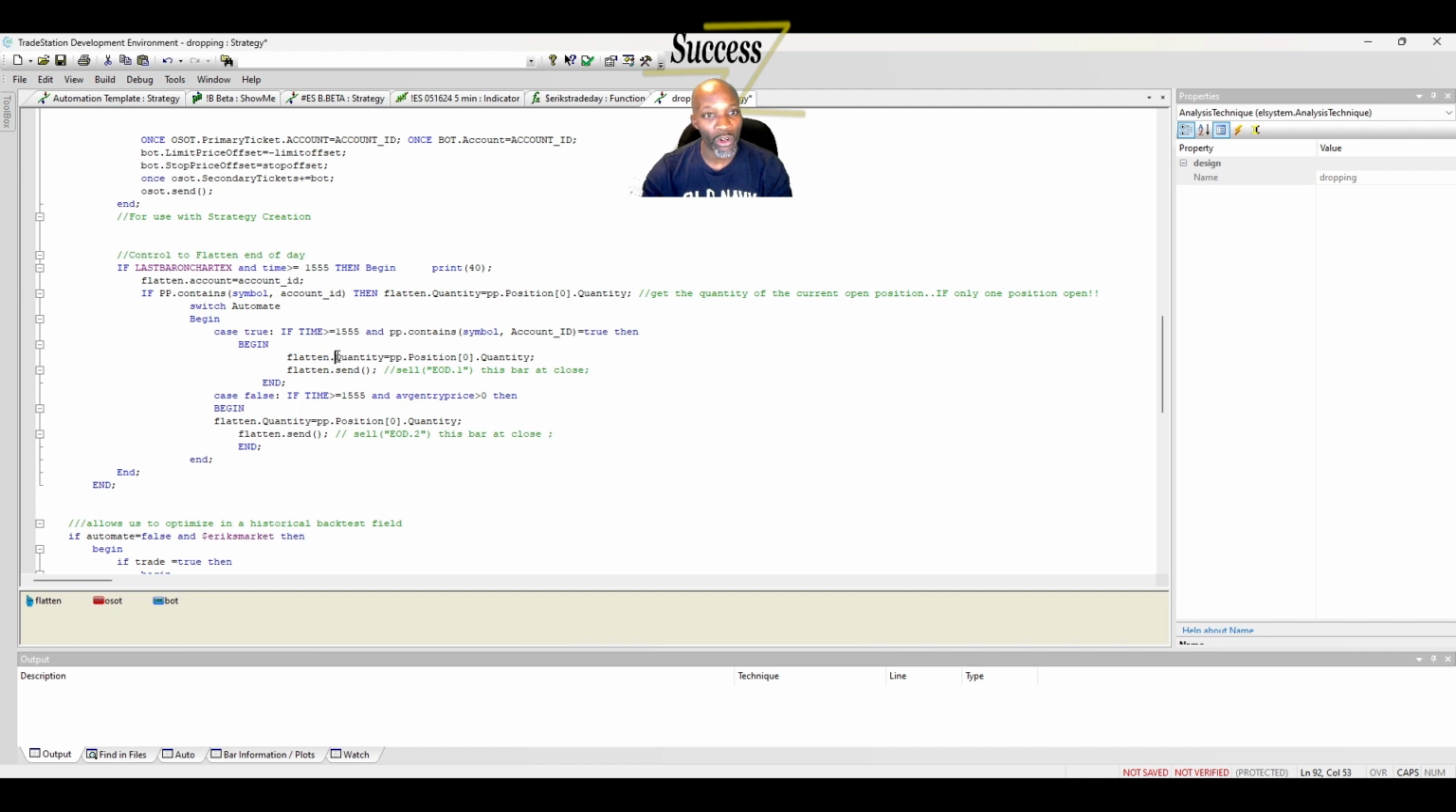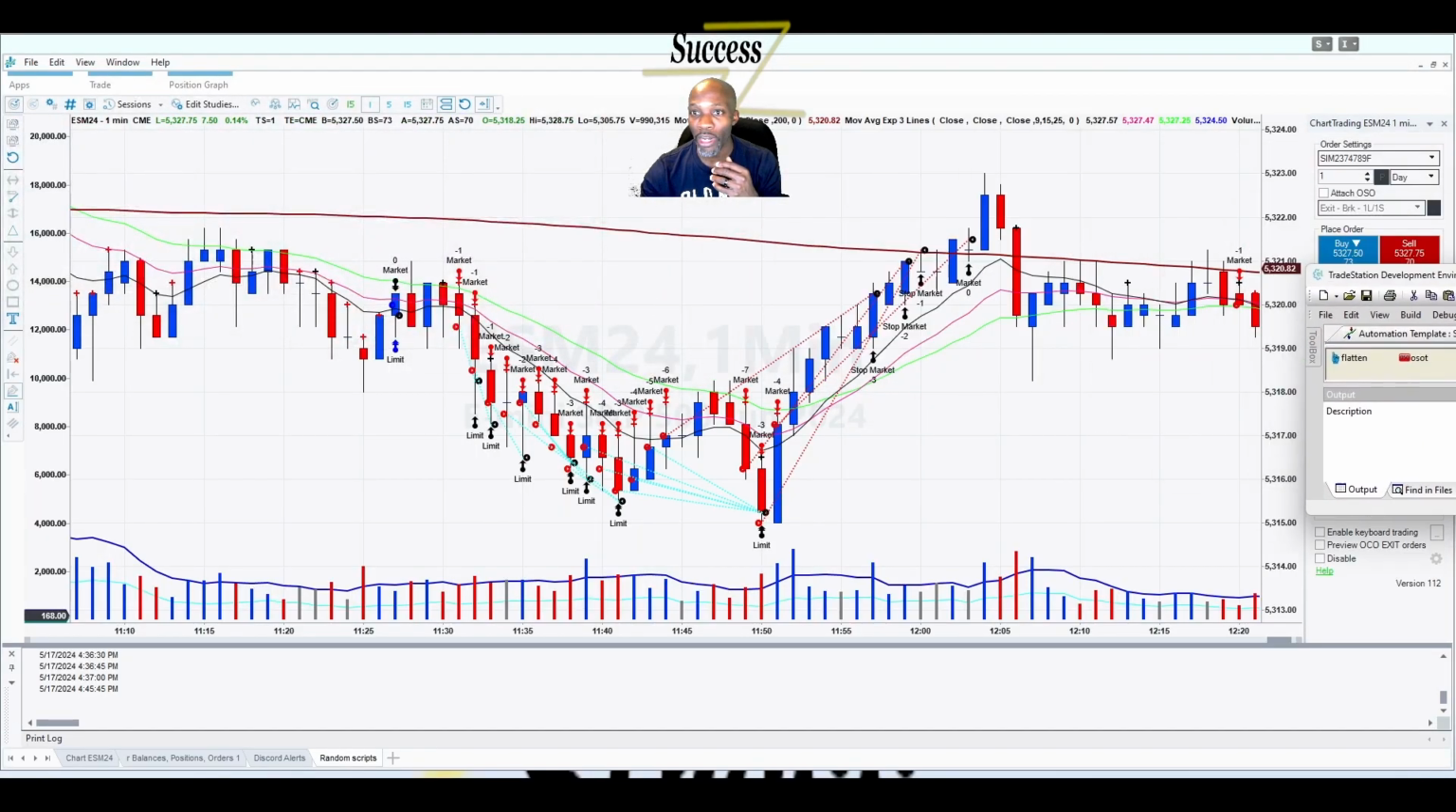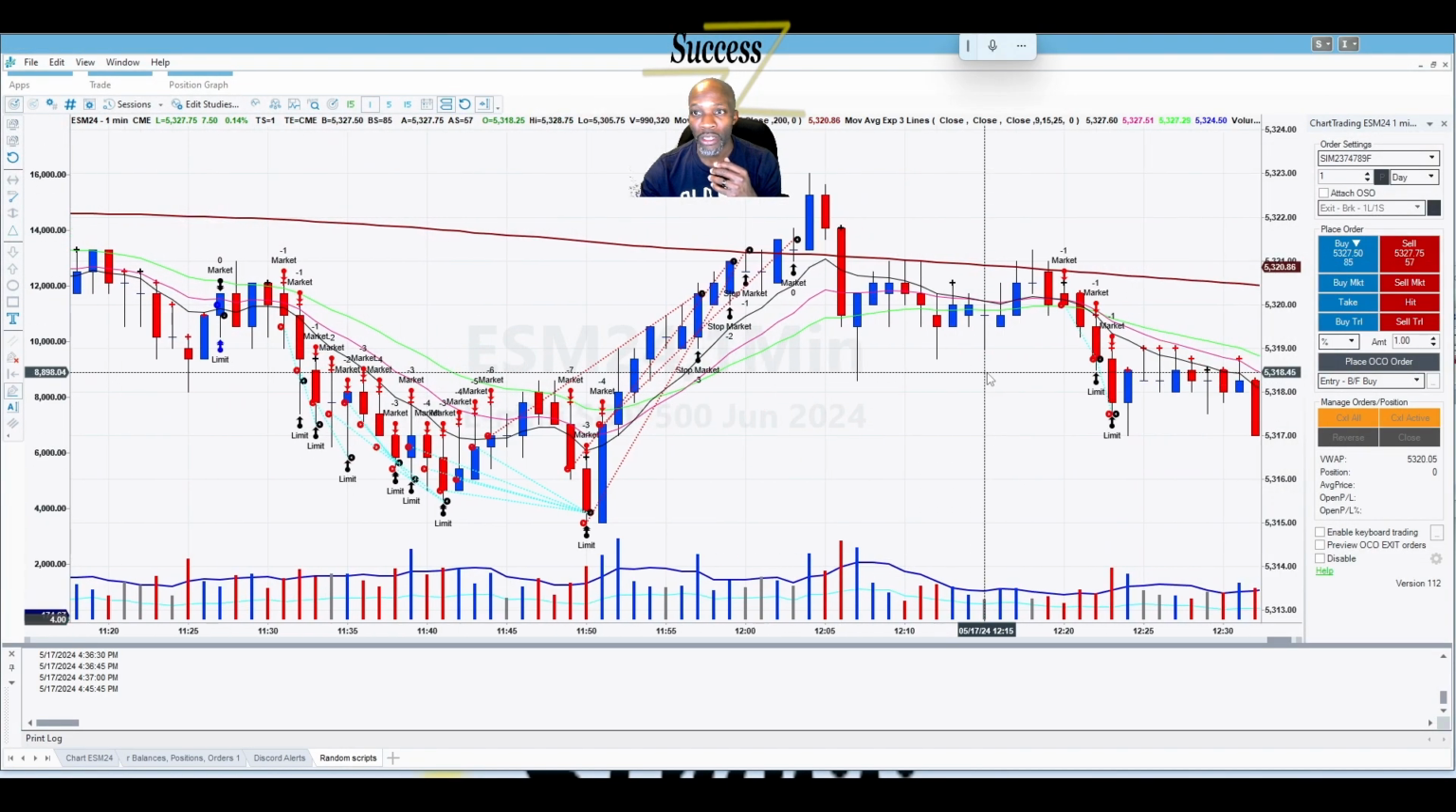So the flatten order is going to be equal to the quantity at position 0, which should be your current position. This should tell you the quantity. And then you want to take that quantity and put it into the flatten quantity, and then you want to send that flatten order. Well, somehow that didn't work out right, because